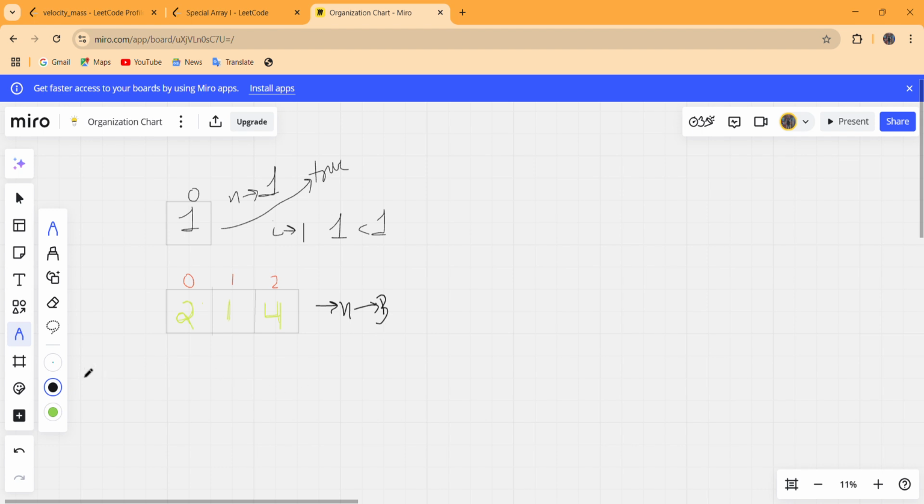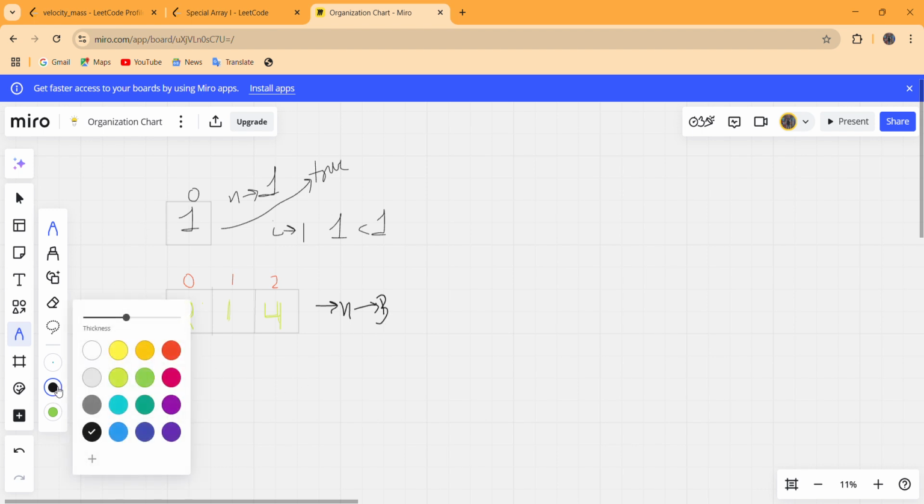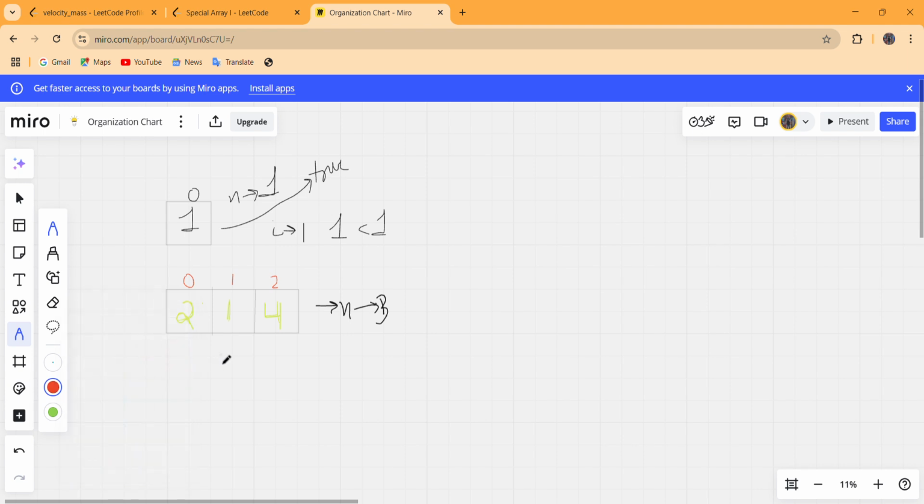Like this, and i will start from 1 here. We check nums of i AND 1. Nums of i is 1, and in bits 1 is represented as 0, 0, 0 and 1.